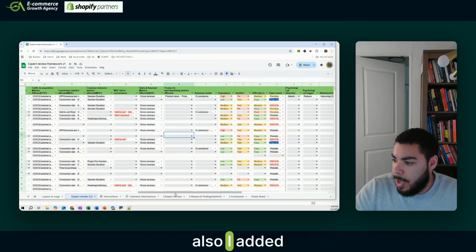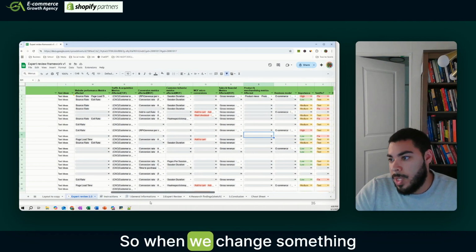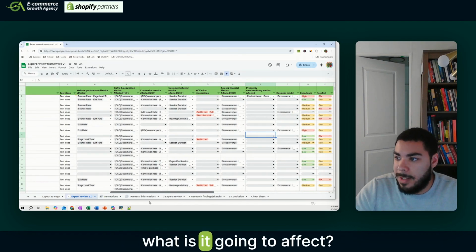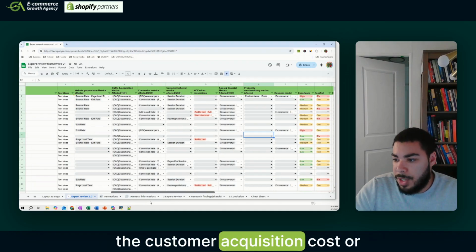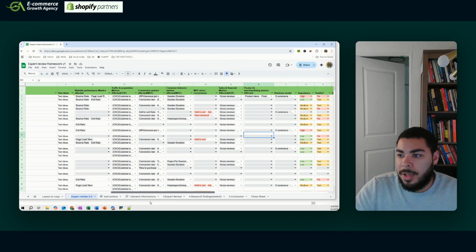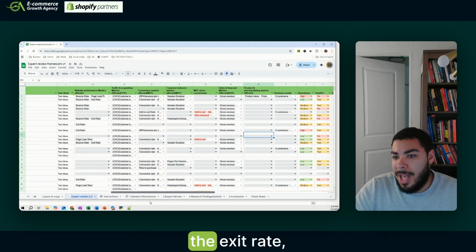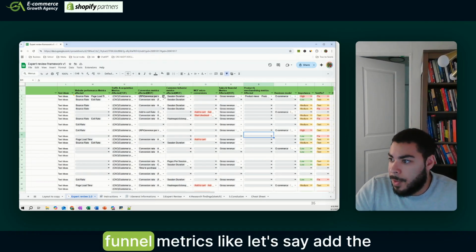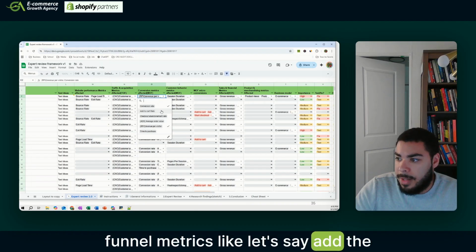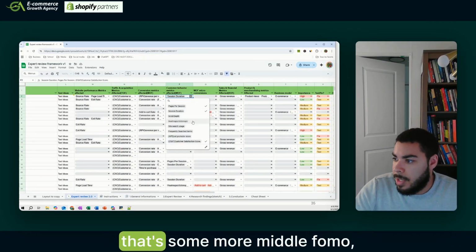Also, I added the metrics affected. When we change something, what is it going to affect? Is it going to affect the top of funnel, the customer acquisition cost, or whatever? Would it affect the website performance, like the bounce rate, the exit rate, the page load? Or our middle of funnel metrics, like, let's say, add to cart, AOV, RPV, time to purchase,